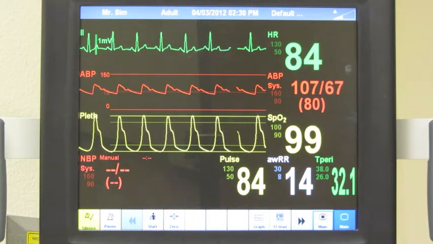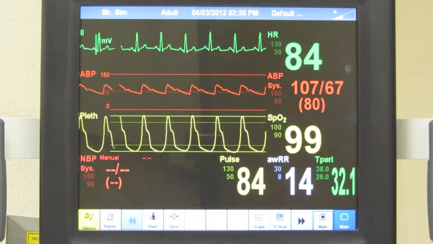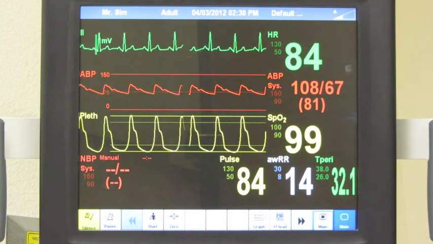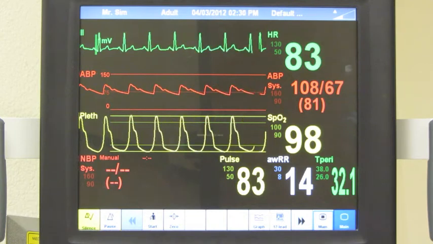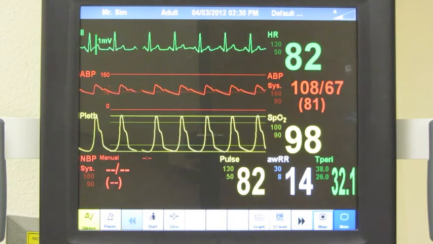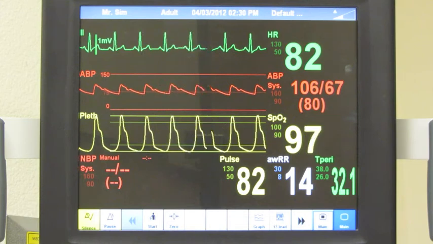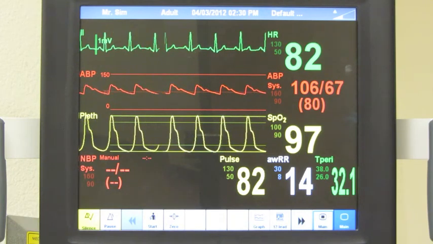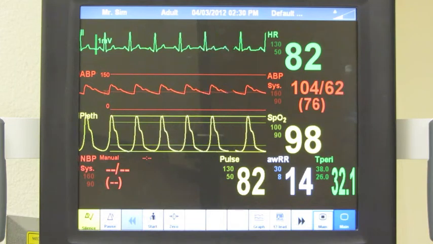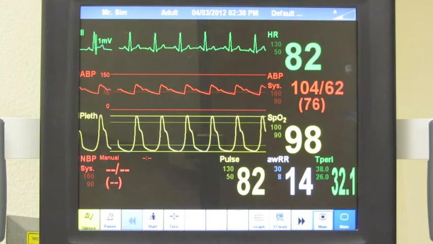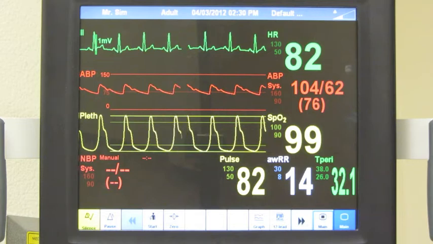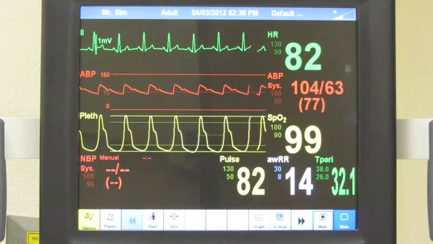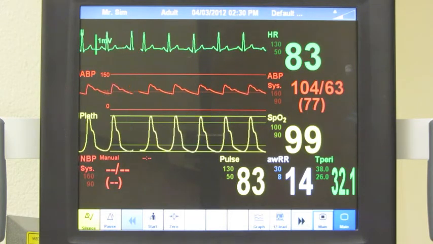Oximetry is used to determine the number of hemoglobin sites that are bound to oxygen. Normally, the SO2 saturation is about 98 to 99%, meaning 98 to 99% of the available oxygen sites are clearly oxygenated. You'll note on the monitor that this value frequently fluctuates 1 to 2%. However,